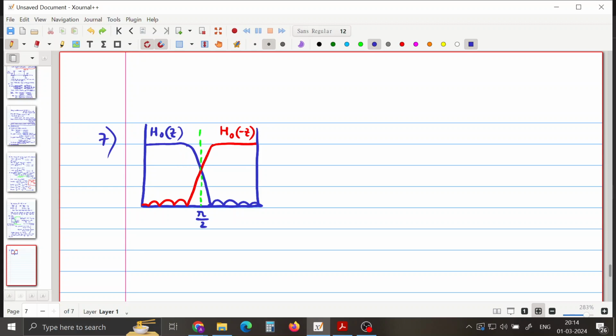Okay, so till this point, this blue dashed line, H naught of Z, the first filter, had a flat response, so this corresponds to its passband frequency, this point. And similarly this one, this red filter, and this point corresponds to the stop band, right? Omega s, I'll use omega s,